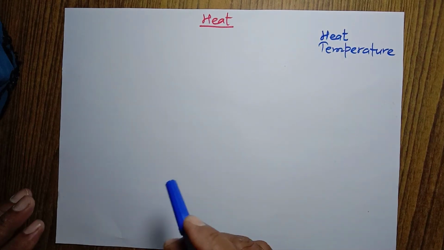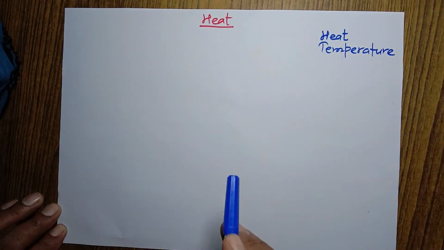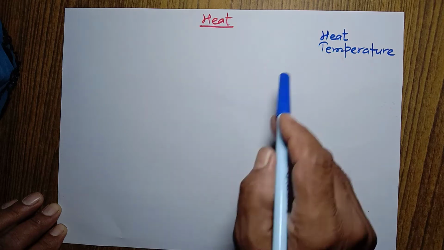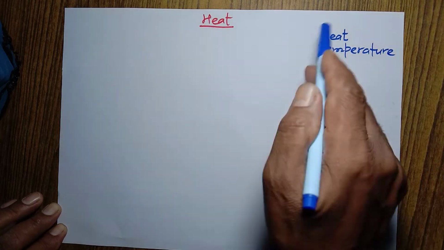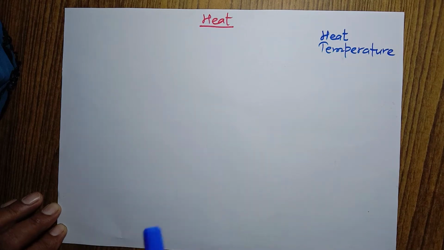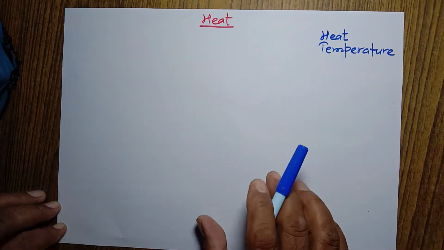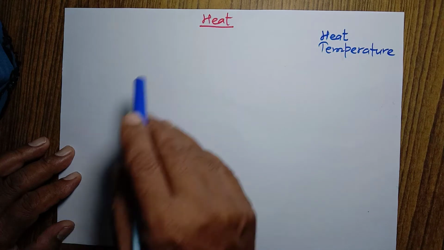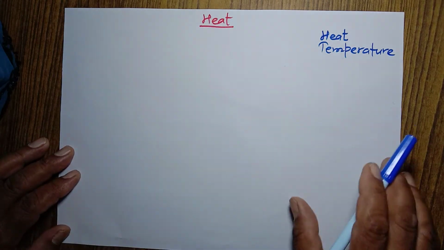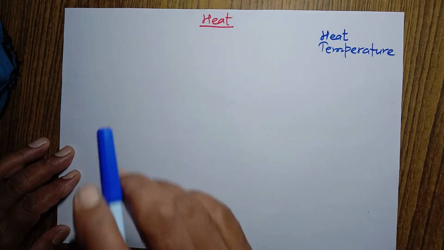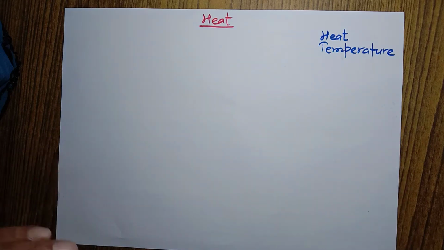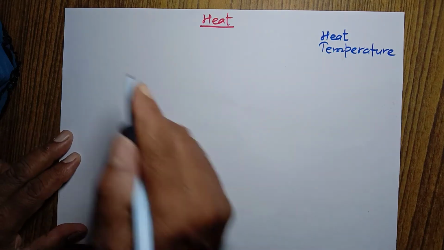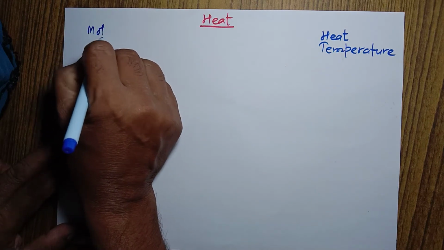Today I'm going to talk about the chapter heat of physics, and our focus is on heat and temperature. Before this, we must have a little idea about the molecule. By different experiments and different researches, it is declared that every substance, whether it is solid or liquid or gas, is made up of tiny particles, and these tiny particles are called